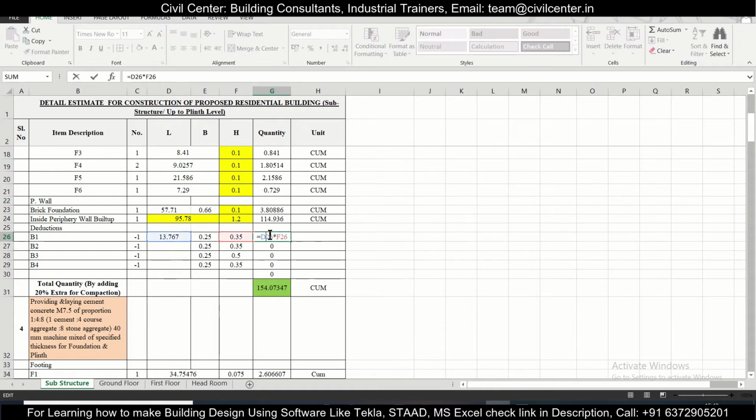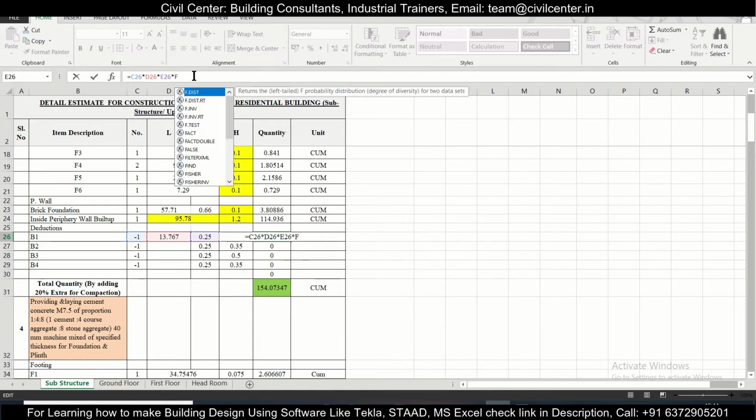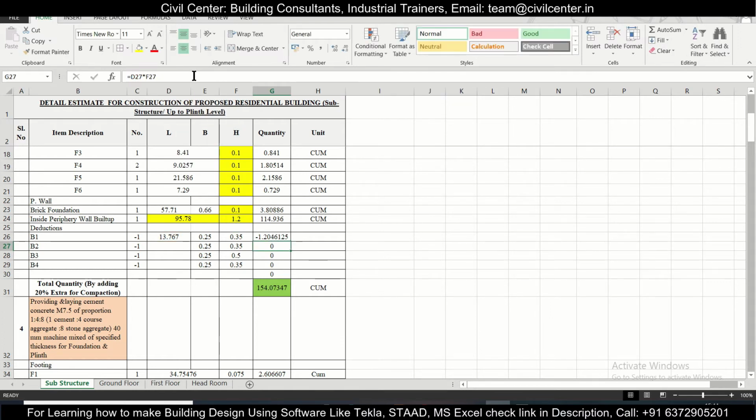So we'll check the multiplication here, this one also. Okay, so we'll do here, modify it, equals to this into this into this into F26. So here we have the quantity.